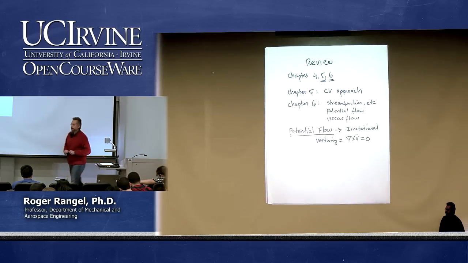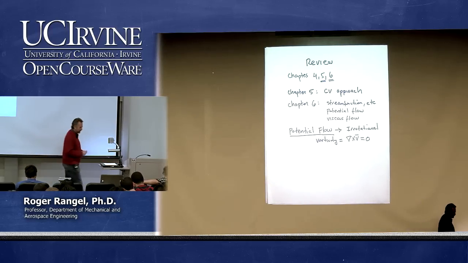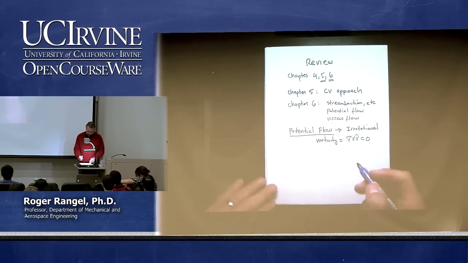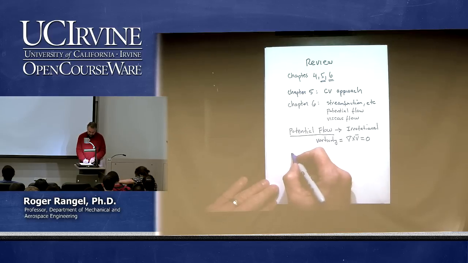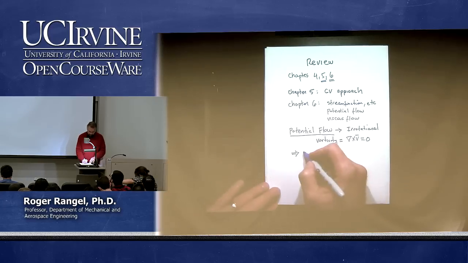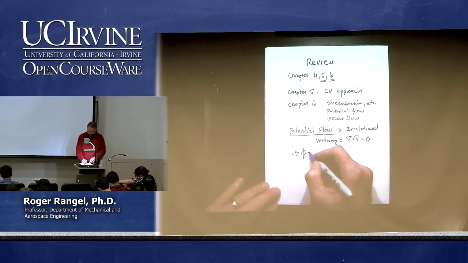That's a potential flow. And then immediately from that concept comes the one that if a flow is indeed irrotational, then there must exist a function that we call the velocity potential,